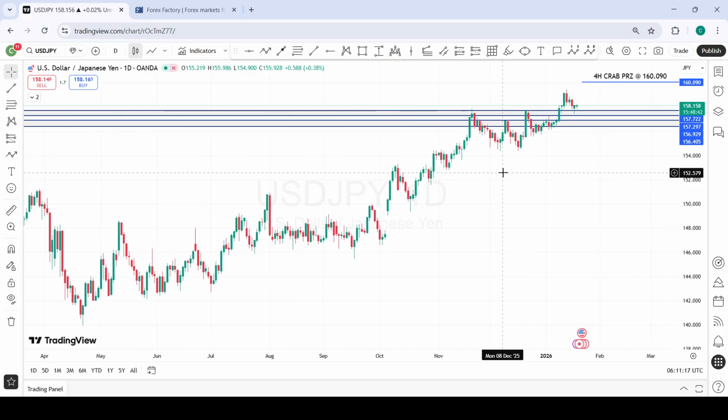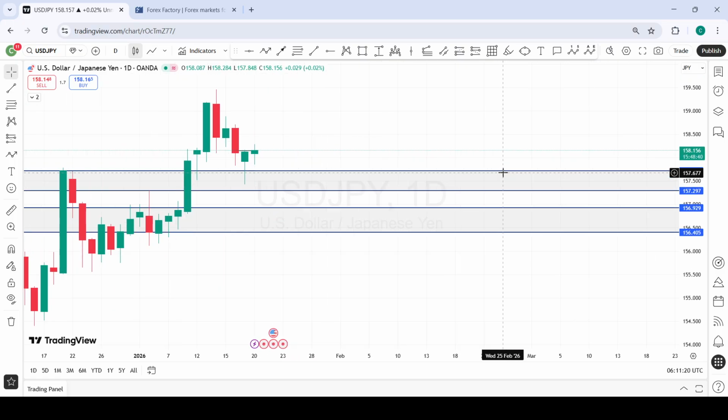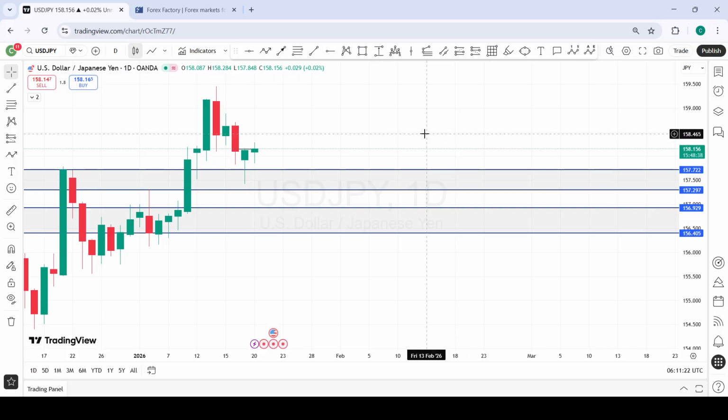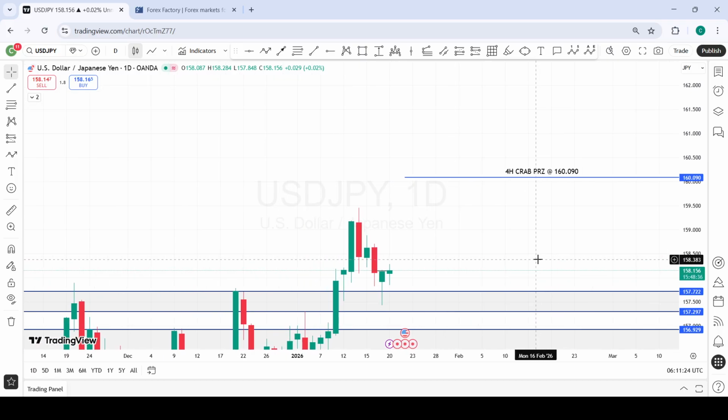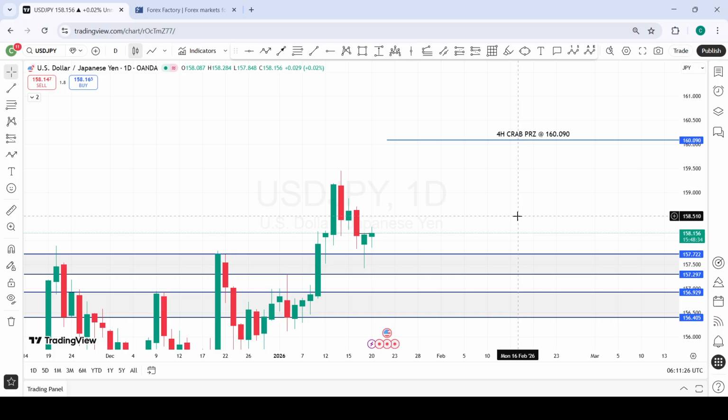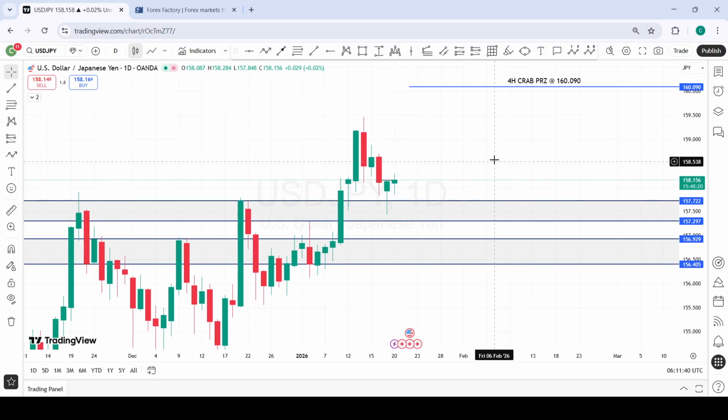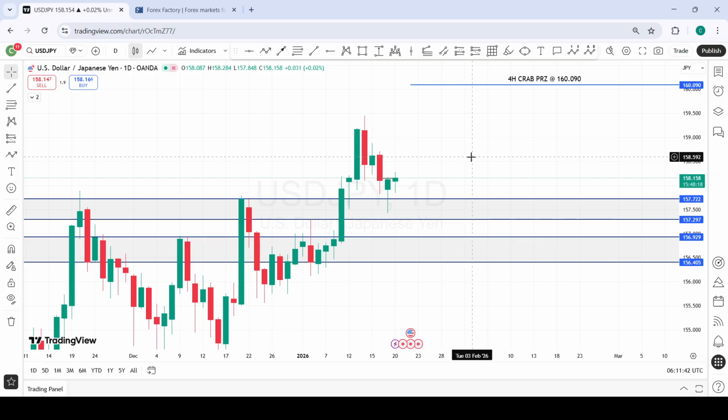So we have a possible continuation for USDJPY. As we can see, currently JPY is weak, the JPY index is weak, and USD is likely to weaken. So we might not see a very strong momentum here. Price might be consolidating a bit before we get to our anticipated targets above. And as we can see, price has pulled back into an area of interest and is currently reacting from the